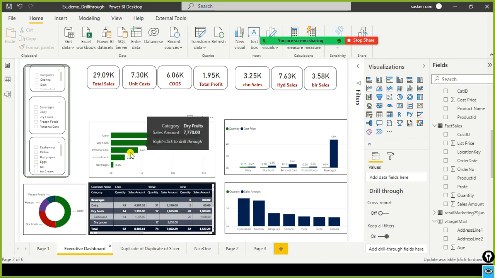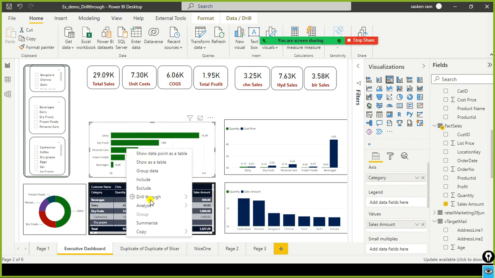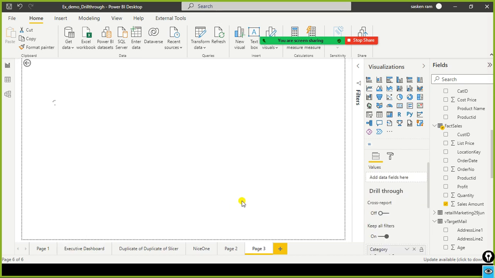When I select, for example, personal care and right click on it, this is called your context menu. In the contextual menu, you can see the drill through, Page 3. Page 3 is where we created the drill through, right? If I click on it, this personal care category will get passed to page 3.